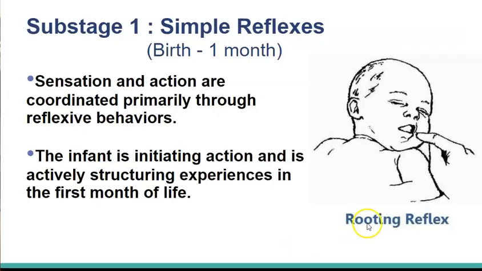Let's talk about the rooting reflex, which is something very interesting to me. You can graze the side of the baby's mouth, or the corner of the baby's lips. And what does the baby do? The baby will turn its head and open its mouth. This encourages infant feeding. It's a reflex. They don't do this on purpose, and it helps the infant find the breast or the bottle for feeding. What are some other reflexes that babies have? What do you think?